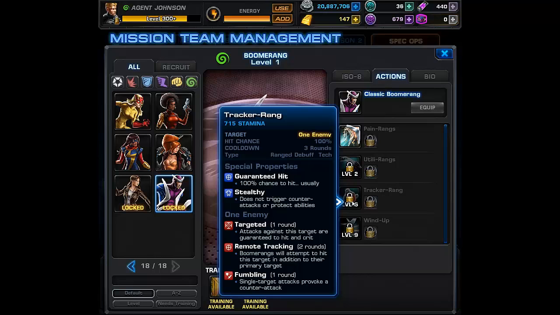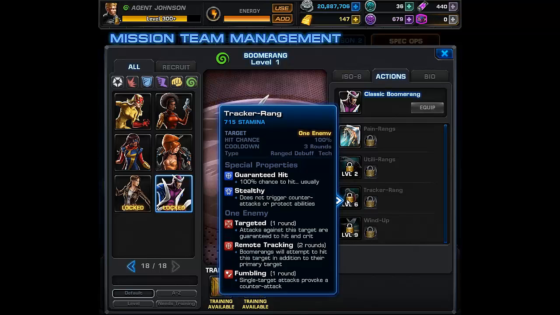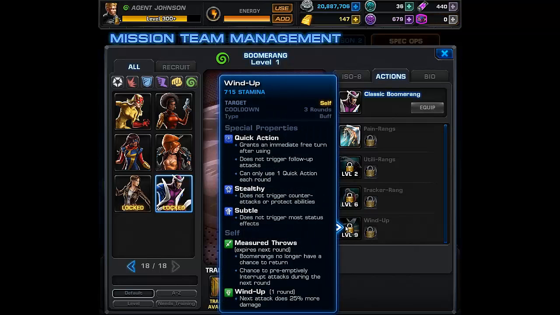That's very interesting. So I guess you can hit somebody one time with Trackarang, and then any other attacks have a chance to splash to that original target, and it does fumbling. And Wind Up: quick action, stealthy, subtle, self, measured throws. Boomerangs no longer have a chance to return, but he does gain a chance to preemptively interrupt attacks during the